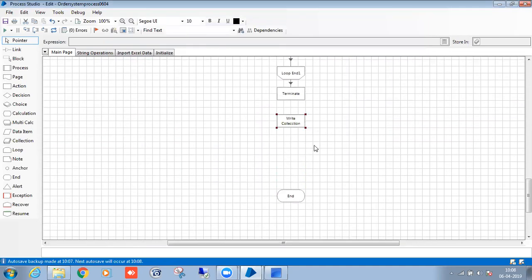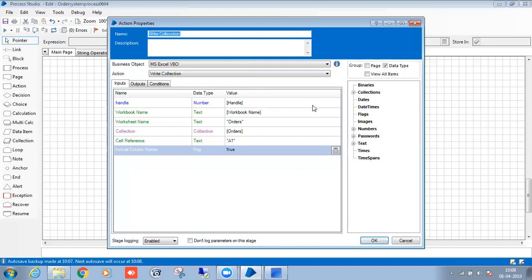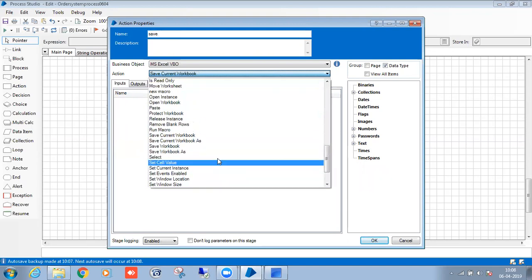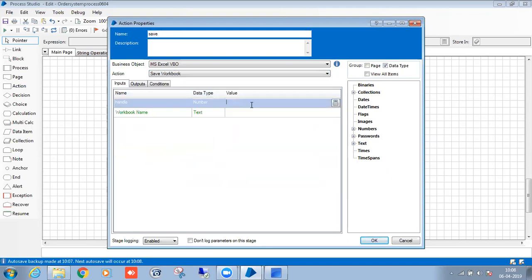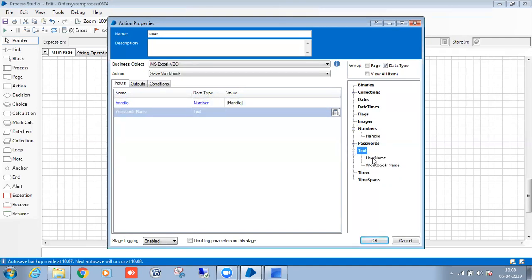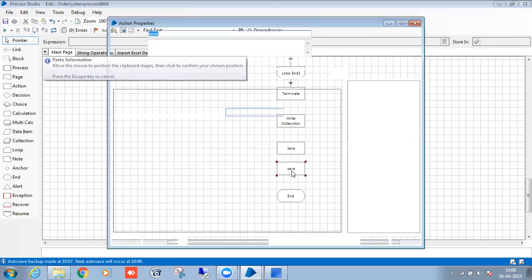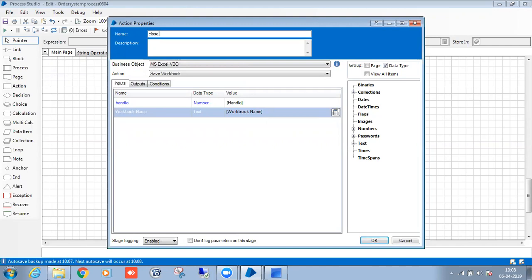You have to save. So for that we have to pass the handle and the workbook name. After saving, you have to close the instance.